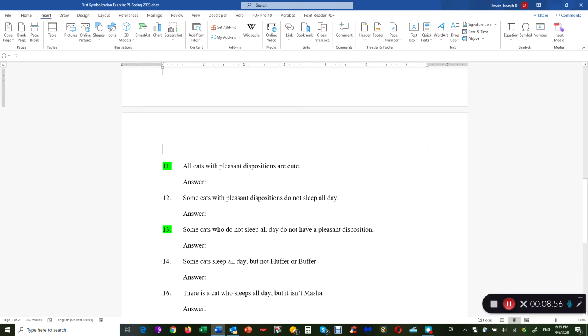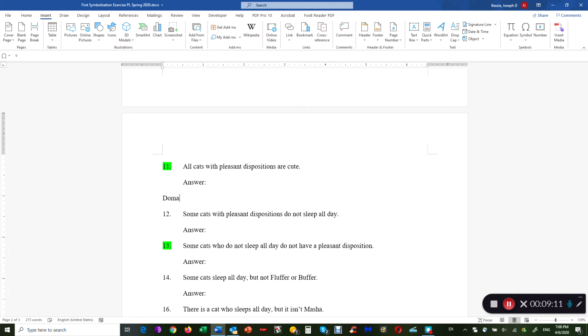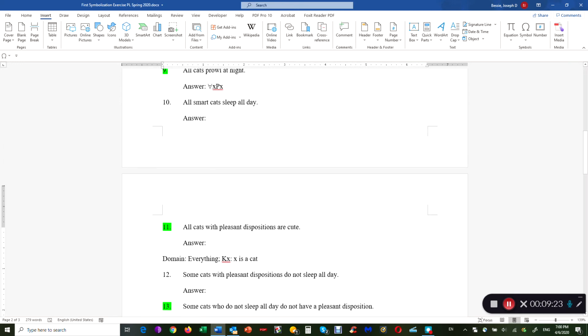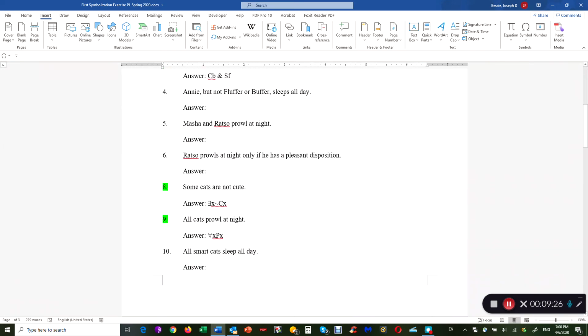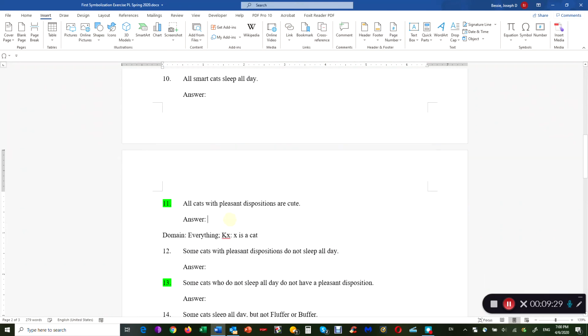So, all cats with pleasant dispositions are cute. If we had changed the domain to everything, suppose we did that. And suppose we introduced a new predicate, KX, meaning X is a cat. I didn't use K already, did I? No. Then this would be symbolized as, for all X, if X is a cat and X has a pleasant disposition,